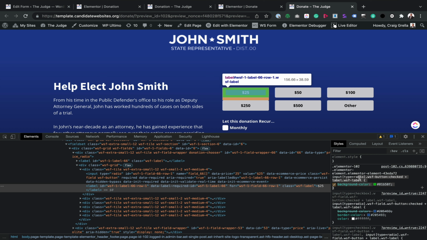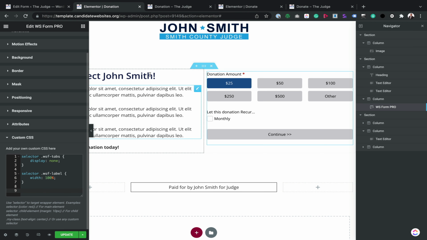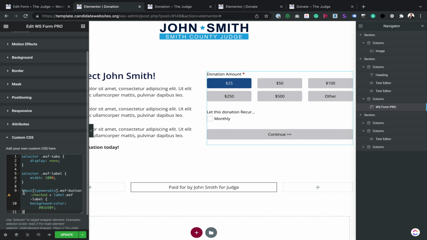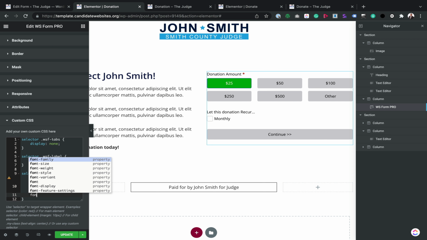So let's grab everything except the Elementor widget numbers, and let's just copy that. And then let's head back over to the form we're styling here, and let's paste the selector there. Great. Okay, so we've got this now here green,